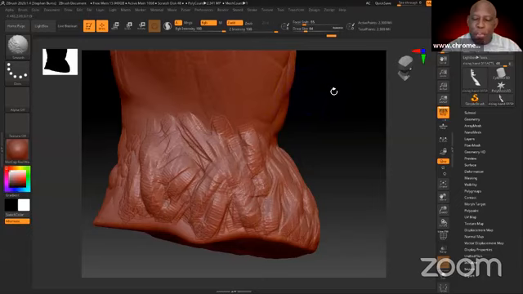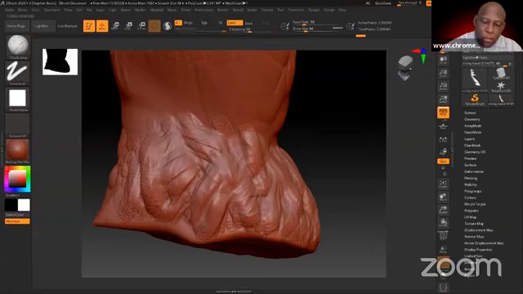I'm moving it around so you can see it easier. All right, it's turned blue. That means I'm now in my smoothing mode. And if I hold it down and start to paint, look, I can smooth this out now. Then I can release it and I can go back to putting more textures in if I want to. Okay, so let's say I want some veins in here or something.